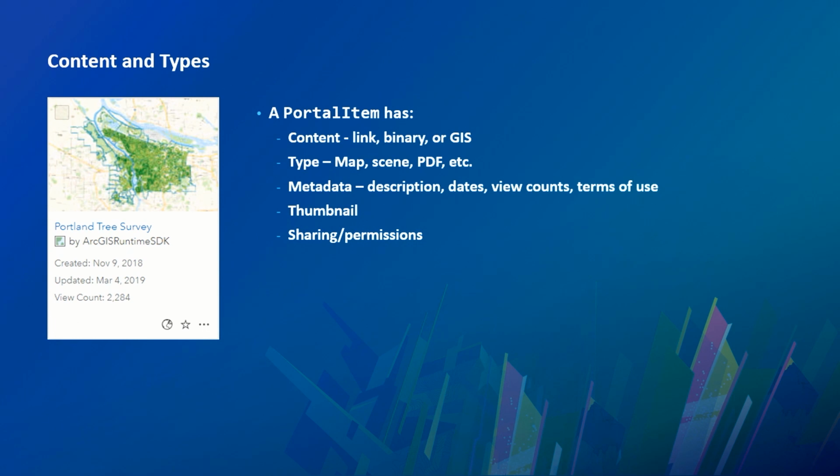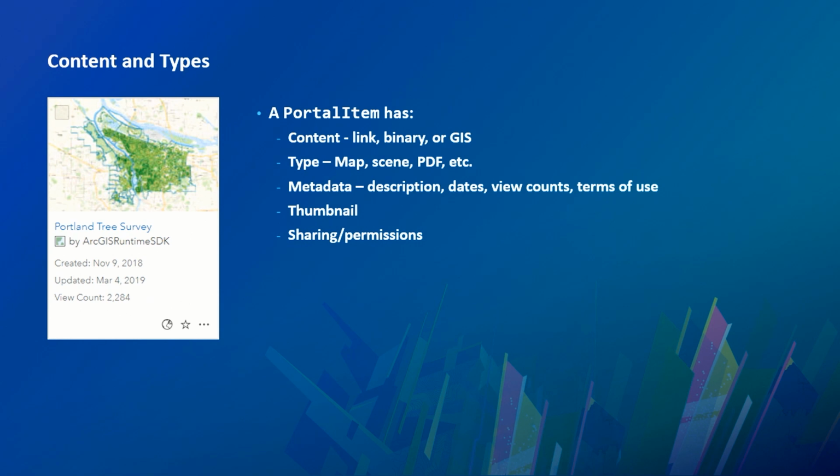Now, a portal item also has a type property, which tells you what the content it contains is. Apps should use that to properly handle opening those portal items. So for example, if you have a map, it's really easy to create that map from the portal item and then show it. Same thing with scenes. Now there may be items that your app can't support. For example, ArcGIS Earth only supports content that can be shown in scenes because it's a scene-based app. So when they make their queries, they're not going to get things that they can't support,